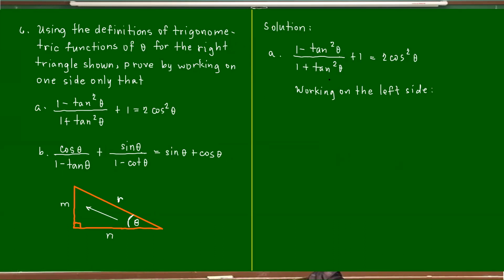Okay, so let's start working on the left side. So let me copy the left side. So 1 minus tangent squared theta all over 1 plus tangent squared theta. And that is equal to,